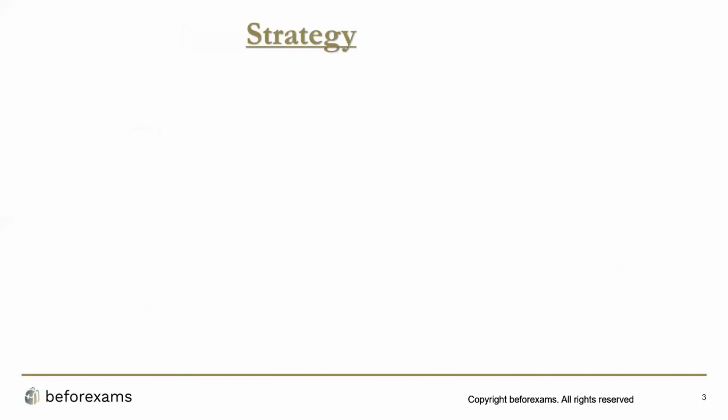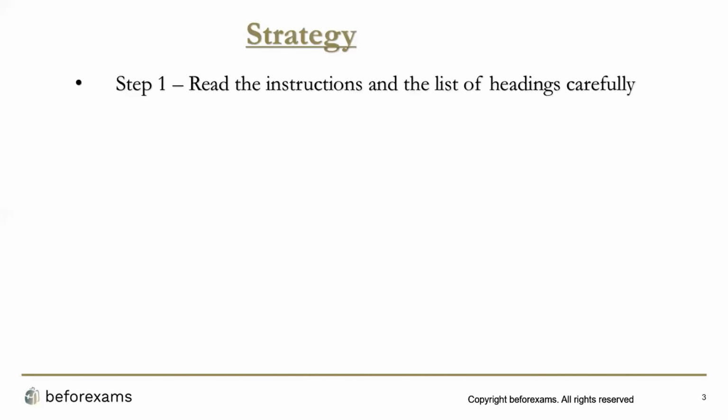Now, how should you go ahead and how must you attempt these questions? I'll tell you a strategy. You can make your own strategy, but this is what I follow to attempt these kinds of questions. So the first thing is to read the instructions and the list of headings carefully. Read the instruction, what you have to do in the question, and the list of headings. First, read all the list of headings before jumping to read the passage. Always read the headings first. It will give you an idea, and when you jump to the passage, the headings will be in your mind, and it will give you a clear understanding of which heading will be for which paragraph.